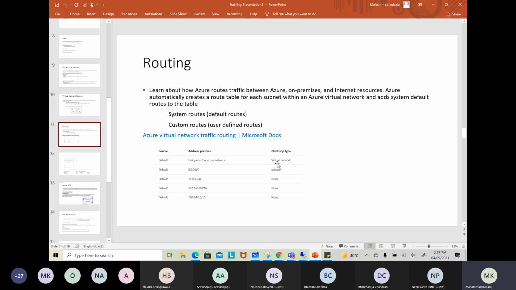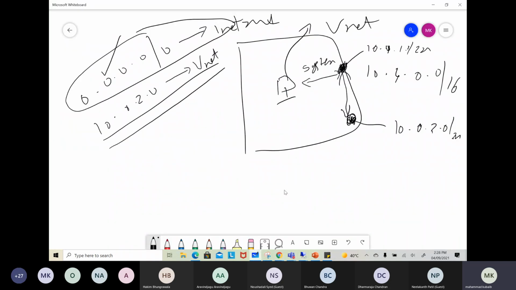Okay, the next hop is virtual network. It means within a virtual network, it can reach anything. It can reach any other subnets, but it won't go out of the Vnet. To be precise, the second route, as I told you, can reach any number of subnets within the Vnet, but it won't go outside the Vnet, because my next hop I said is